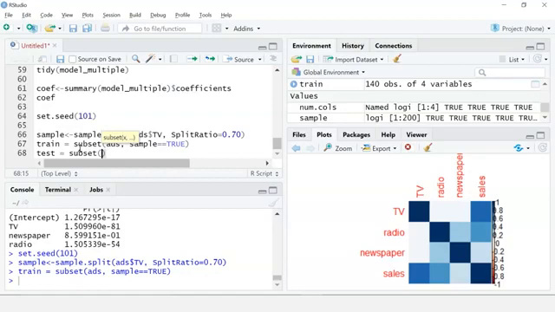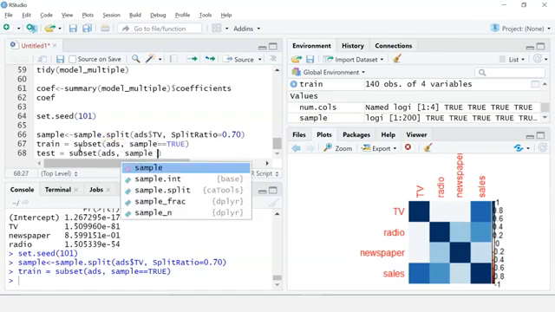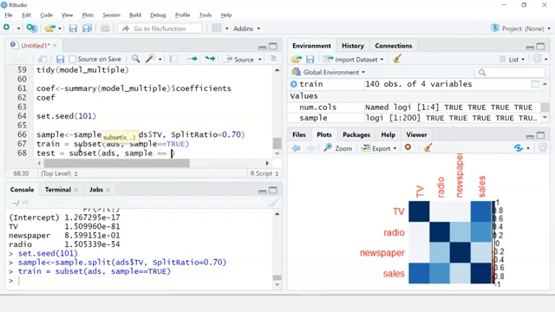I'll use my subset function and give the same parameters, but this time I'll take sample is equal to false, which means the test dataset won't have any values that are present in the train dataset. I'll run it.